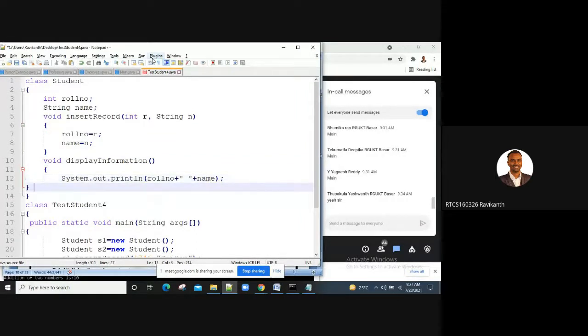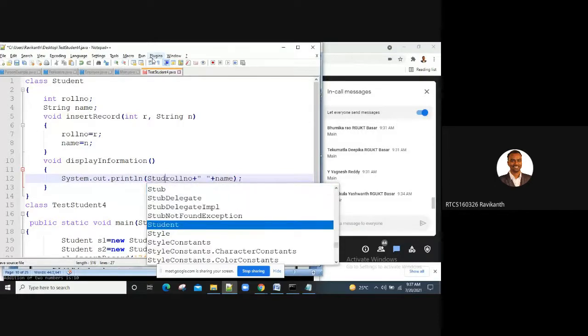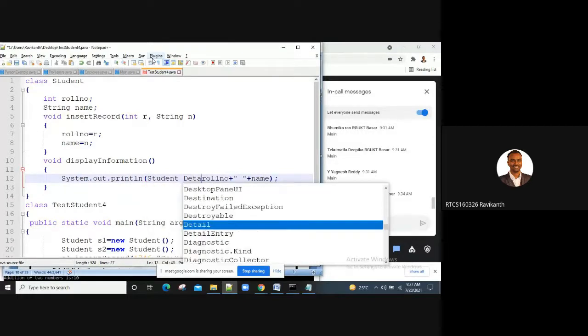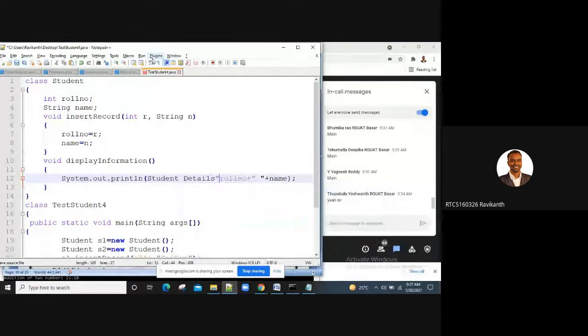Then I want to display the information of the student, roll number and name. If you want, you can add student details here.